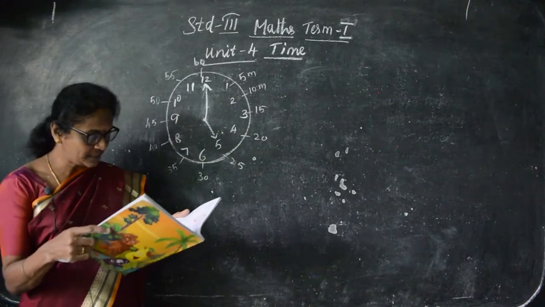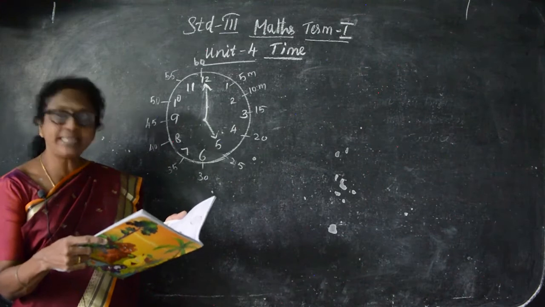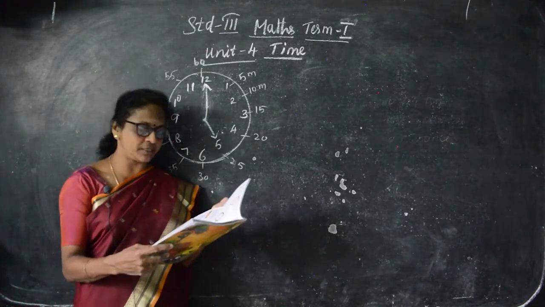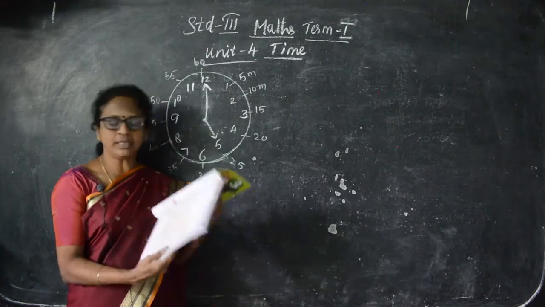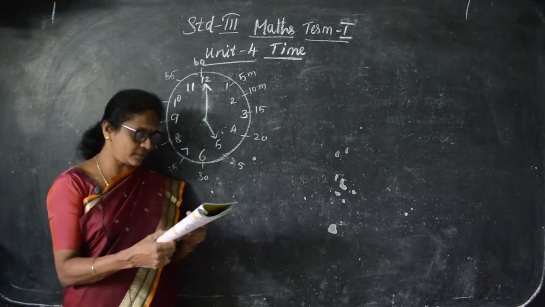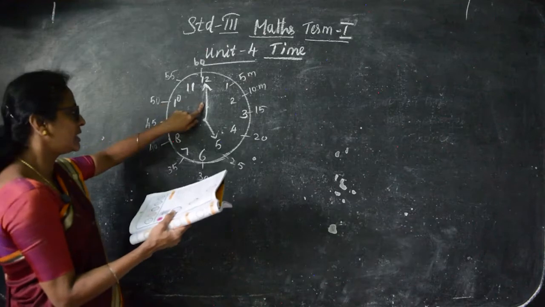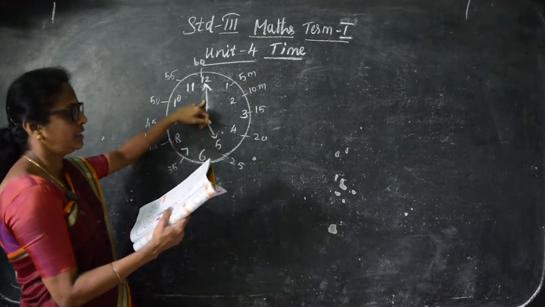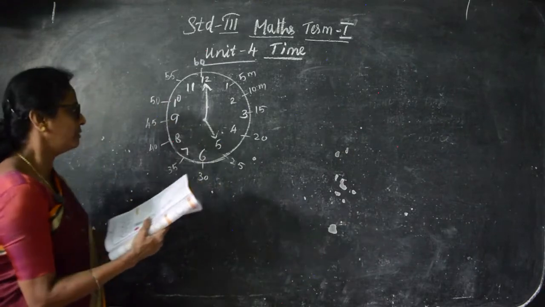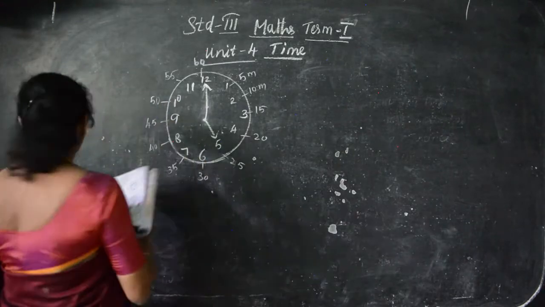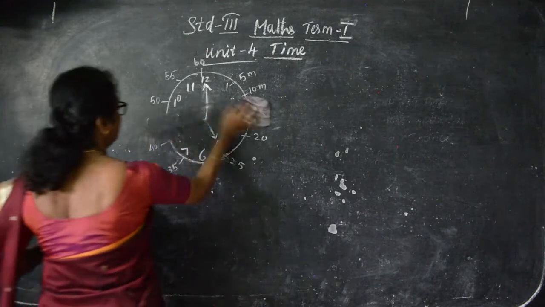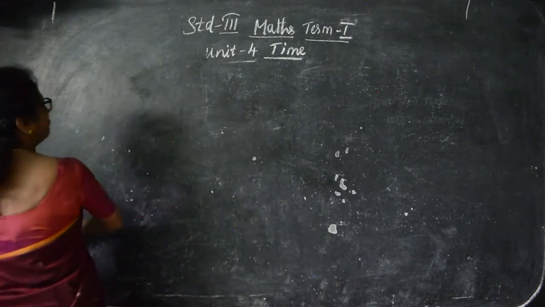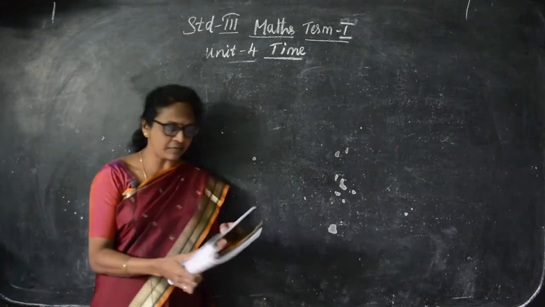In this exercise, they just ask you to write the time, draw the hour hand and the minute hand, and tick the correct time on the clock. So only the hour hand and the minute hand. The long hand is the minute hand and the short hand is the hour hand. Now shall we move on to the exercise? They are given clocks. You have to write the time of the clock. This is the first term unit on time also.